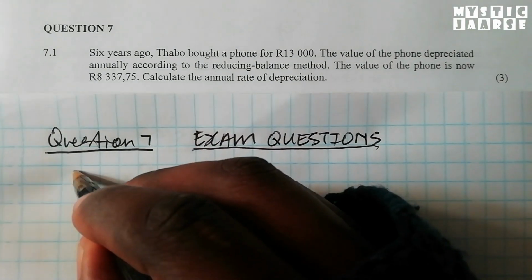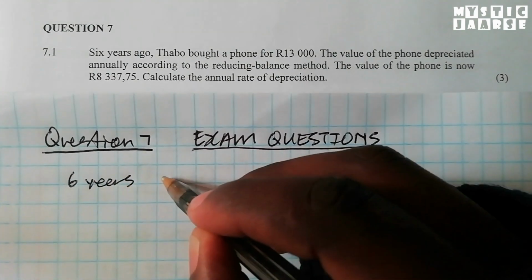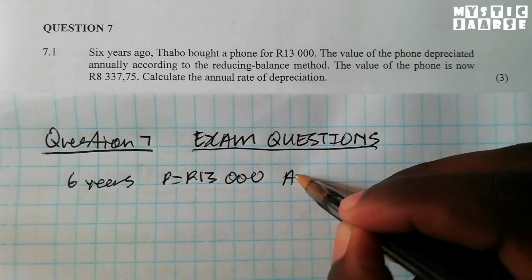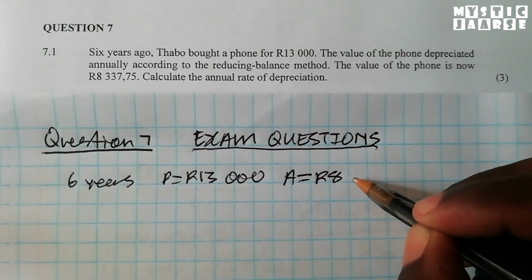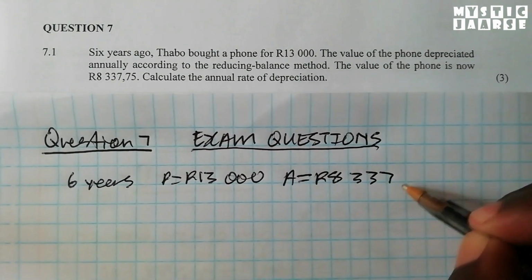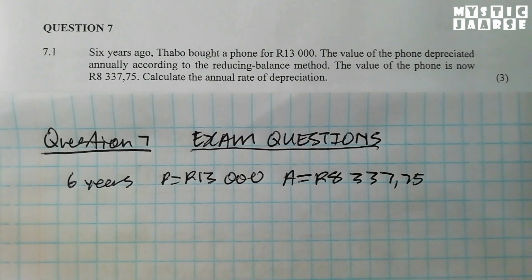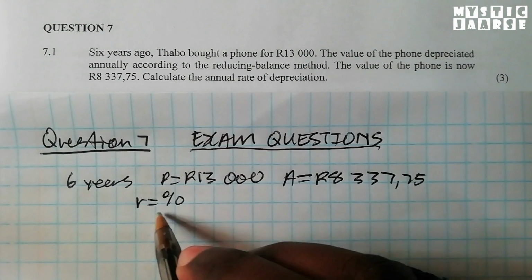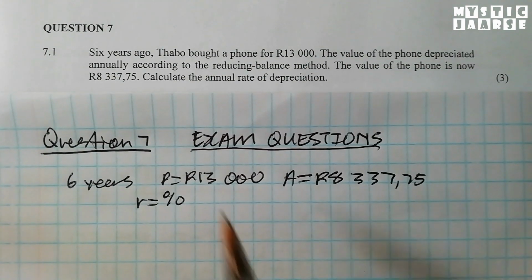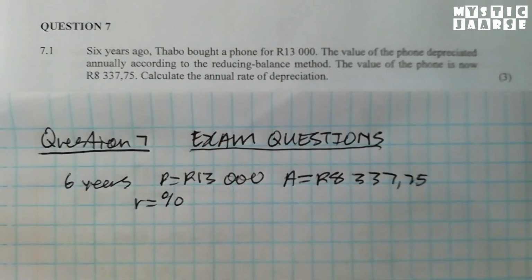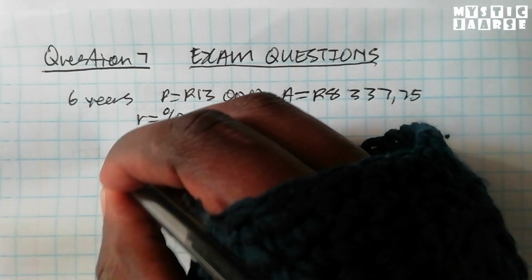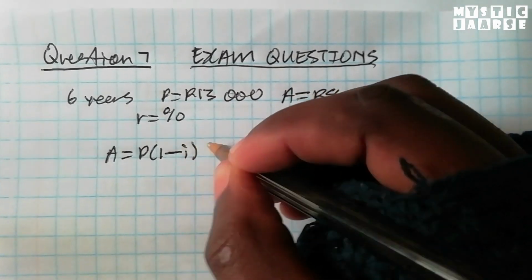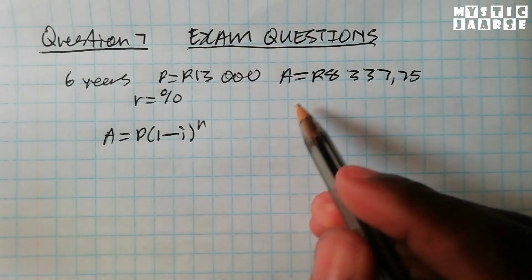The depreciation period is 6 years. Principal amount is 13,000 rands. And the accumulated depreciation amount is 8,337 rand 75 cents. And we are asked to calculate the rate of depreciation. So they told us to use the reducing balance method, which is this formula. Accumulated amount is equal to principal amount into 1 minus i to the power of n. So our accumulated amount is